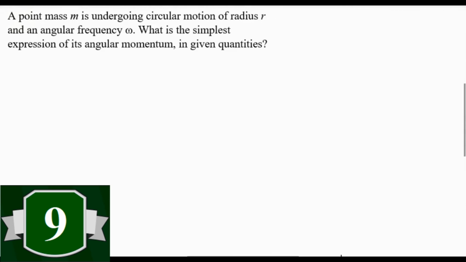Here's another question that comes up quite a bit on the AP exam that is really quite easy. If you have a point particle that's rotating around some point with an angular velocity of omega, what is the simplest expression of its angular momentum? Well, you know that L equals I omega, and the moment of inertia of a point particle is the only